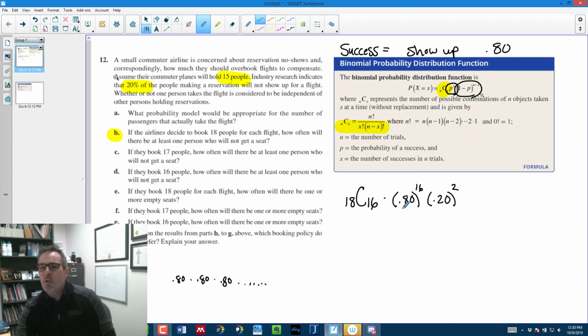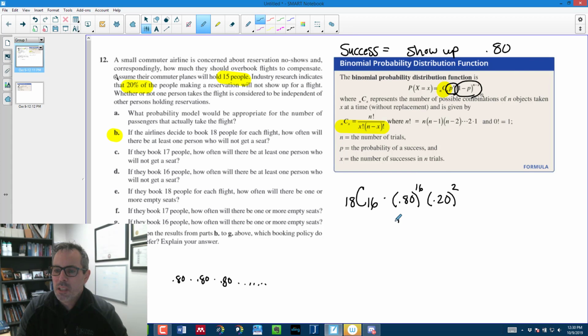It's the 1 minus that. So there's a 20% chance that they don't show up, and how many people don't show up? This would give me exactly 16 people. So if I wanted to know the probability that 16 or 17 or 18 show up, I would have